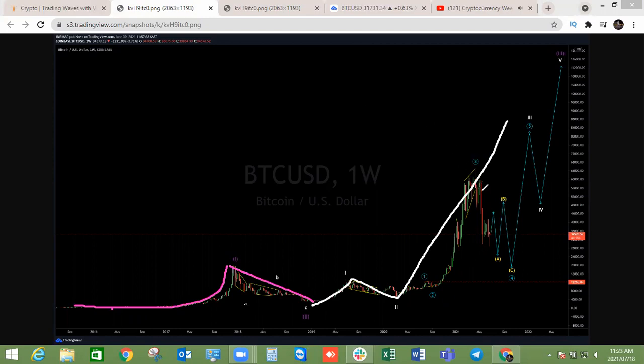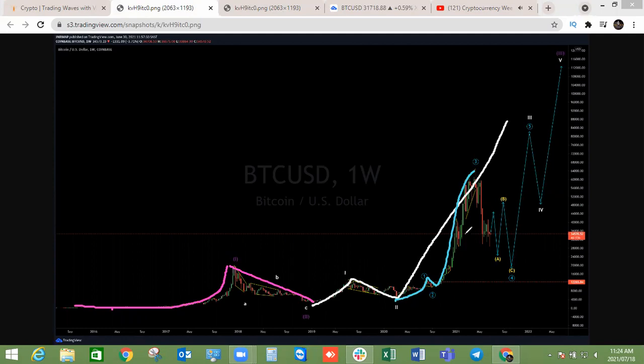Currently we are pulling back with this structure. I want to show you the lower degree again, the blue structure. Let me just label here. You can see the labelings here. This is your wave 1, 2, 3 in the lower degree, and the bigger structure is the purple one here. Right now, the wave 3 in blue has started with wave 1 and 2 and 3 as follows. The reason why I want to show you this blue one is to show you the current invalidation of upside. From the lower degree, we can see whether this upside that we're forecasting will be invalidated or